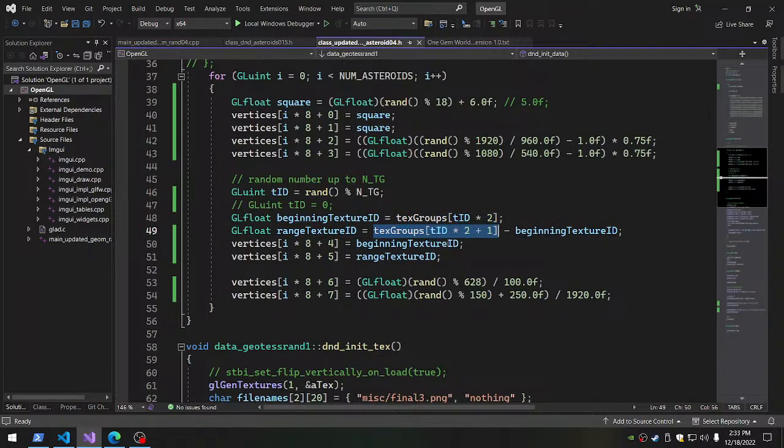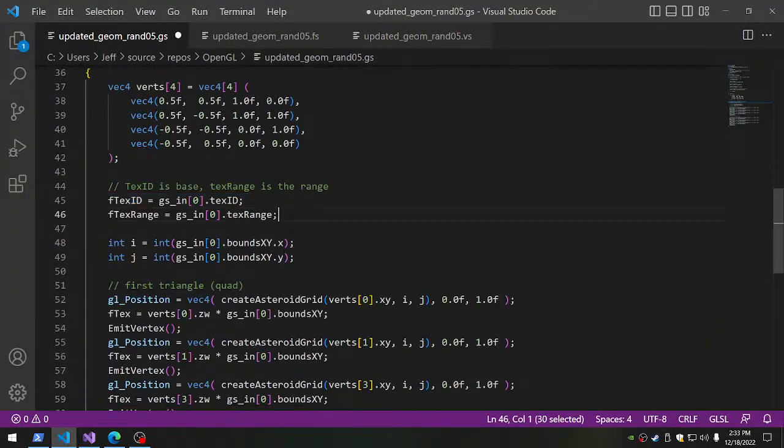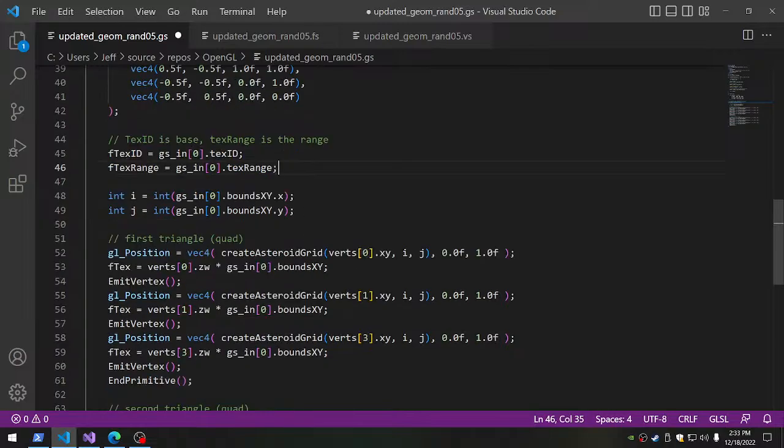Then it sends those two in, and this is what the fragment shader will be. I'll show you this. So anyways, here again, this is our geometry shader. The text ID to the text range. We don't even use these anymore